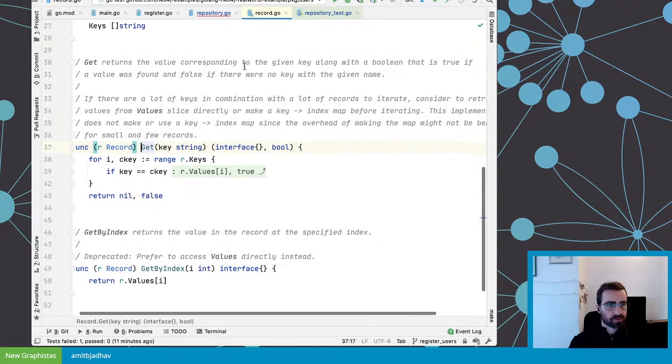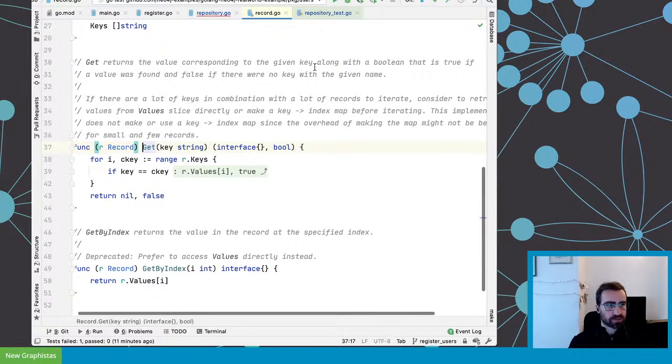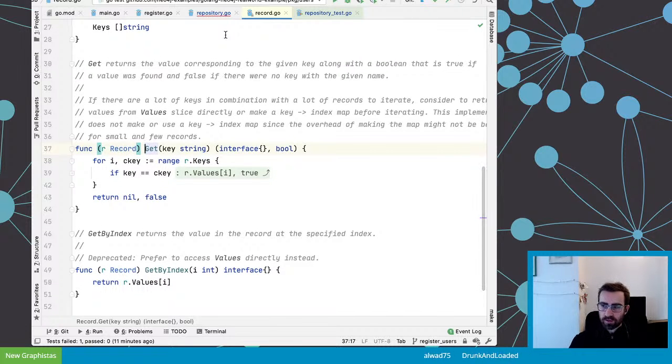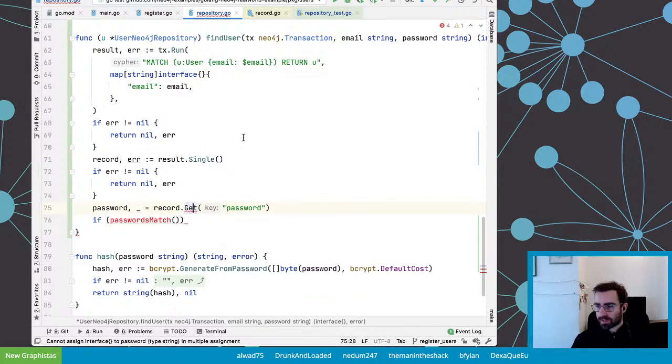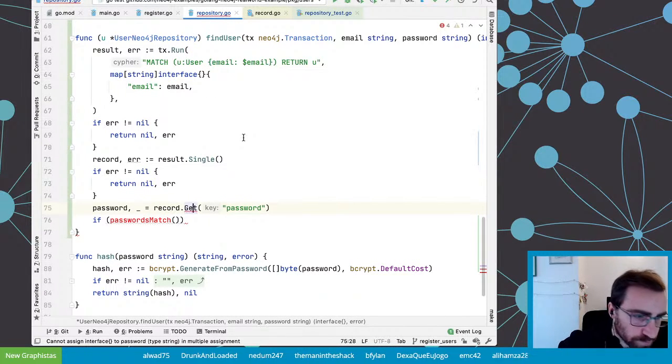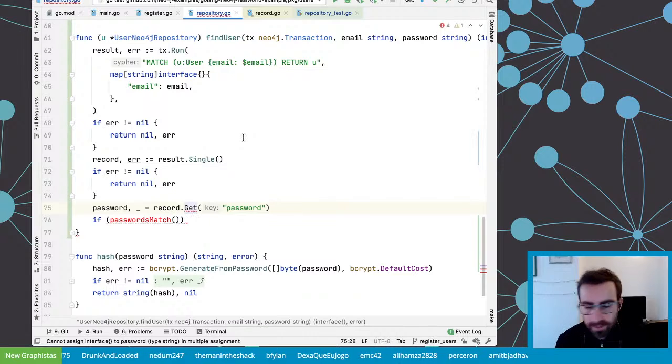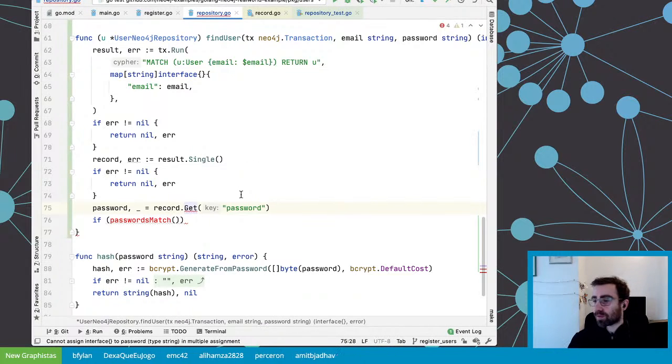If we have a look at it, it says return the value corresponding to the given key with a boolean that is true if a value was found and false if not. Let's be sloppy for now, and maybe that's good enough sloppiness here. I assume that it's always found. Anyway, otherwise I will get the default value for a string, I suppose, so the password wouldn't match anyway, so that's probably fine.